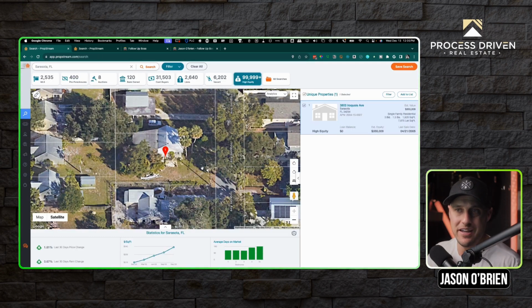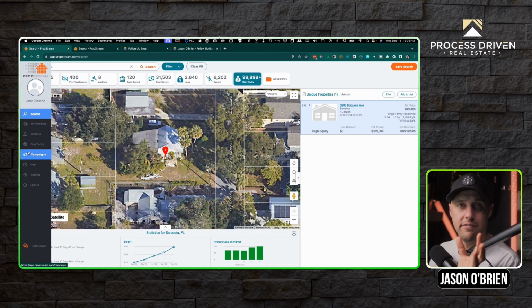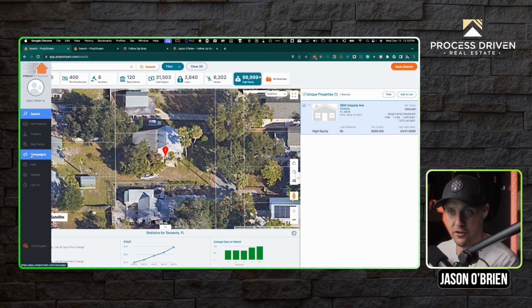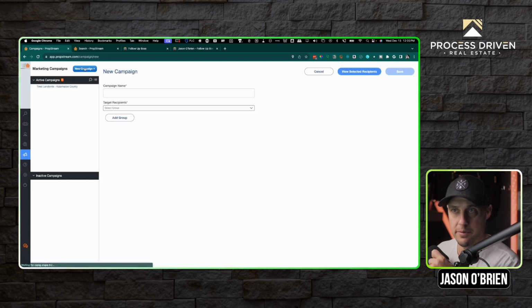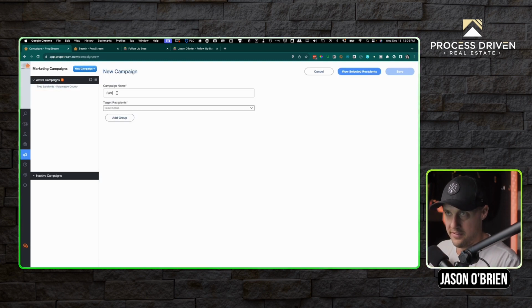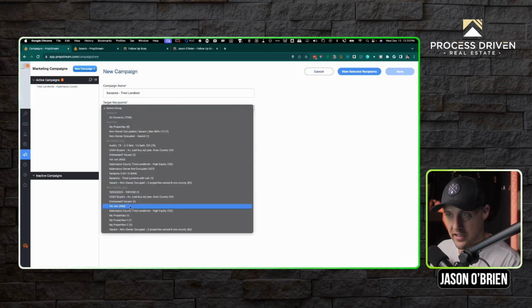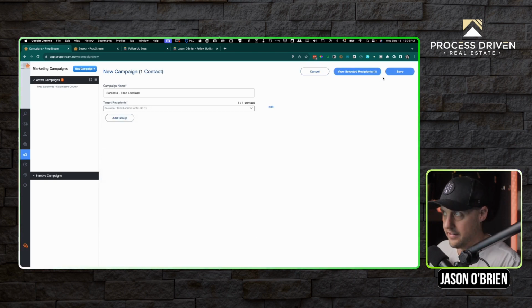Another awesome thing you can do is once you get a refined list, you can market to homeowners that are within that specific list. So as an example, if you come here on the left side, you can hit campaigns, and then you can hit new campaign. And I'm just going to type in Sarasota, tired landlord. And then if I come down to Sarasota, tired landlord with lien, and then hit save,